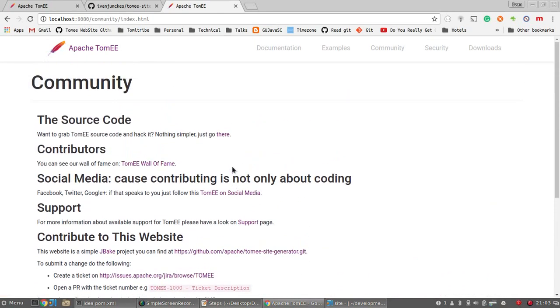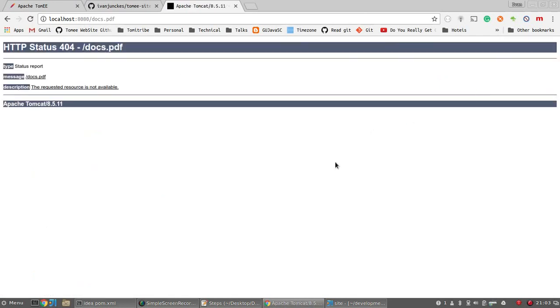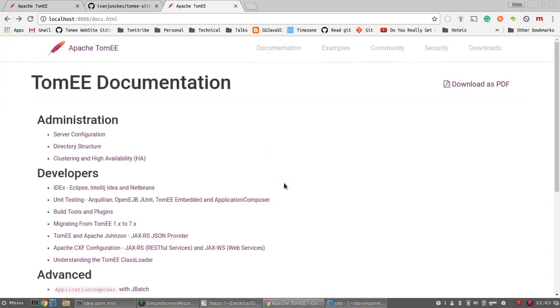There is one detail when you make a change. So if you go to the documentation section, you'll have a download as PDF link, and if I click here now, it shouldn't work. And the reason it's not working is that we're using jbake.java, which is just for development. So for development, we're not generating the PDFs. If you want the PDFs to be generated, just to see if they work, you're gonna need to do what's